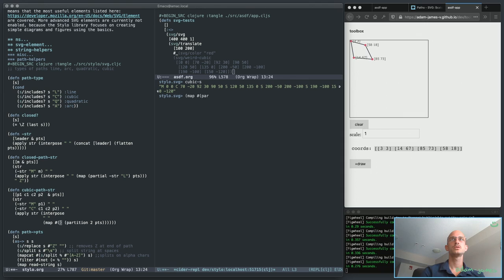Partial. No, I would have to run it like this. Maybe let's see if this will make sense. Apply partial-string S, apply that function to 1, 2. So you map that over partition 2